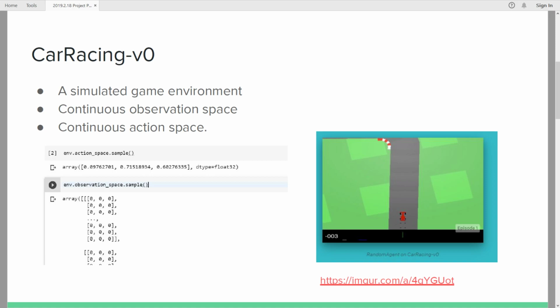And as the agent, at each time step, you can make an observation of the environment, which will give you back a 96 by 96 array of raw pixels. So, in a way, the agent is seeing the environment like a human would do. They're seeing a picture instead of seeing the speed or any numerical properties of the car. So in a way, that makes the problem a lot harder.